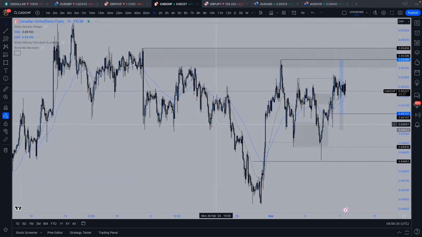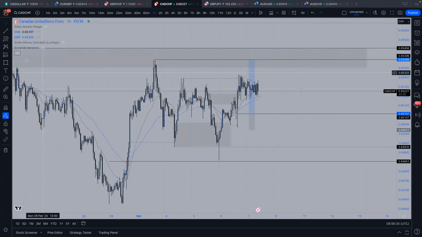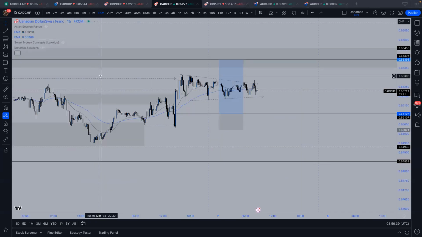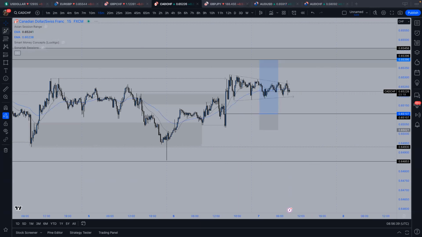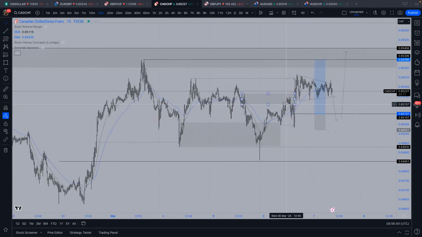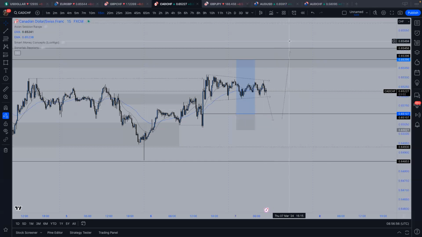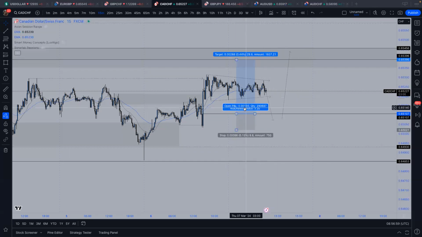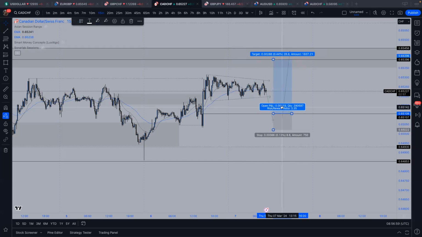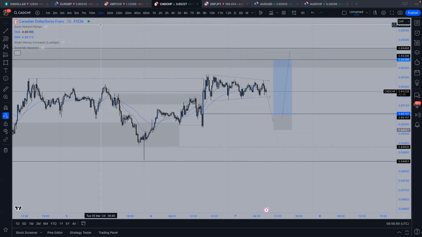And again, I am still waiting for price now on a 15-minute where we had news yesterday. I really would like to see if price is going to roll over and then start heading back up, and then we can take a lot of this resting liquidity. Yes, we did have a slight raid at this, but in my eyes, all of this is still yet to be taken. So I really would like to see some pullbacks and then push up into this zone. So potentially just a nice little 1 to 3 there. See how that plays out.